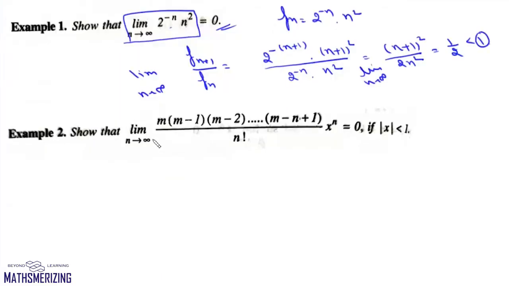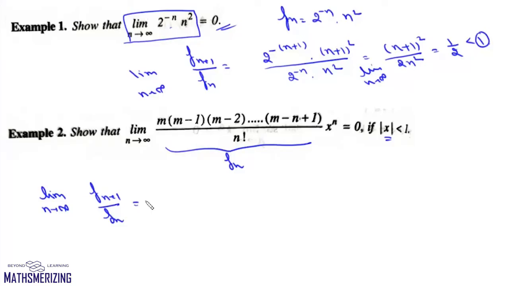Now here the question is, show that the limit as n tends to infinity of m(m-1)(m-2) up to (m-n+1) upon factorial n into x to the power n is equal to 0 if mod x is less than 1. Now suppose this is fn. We'll find the limit as n tends to infinity of fn+1 upon fn. Now fn+1 will be this limit as n tends to infinity of